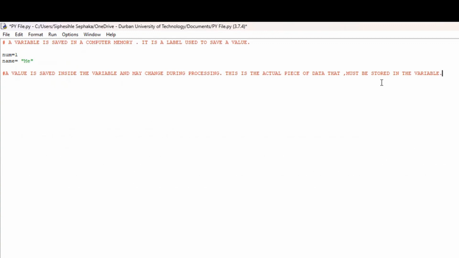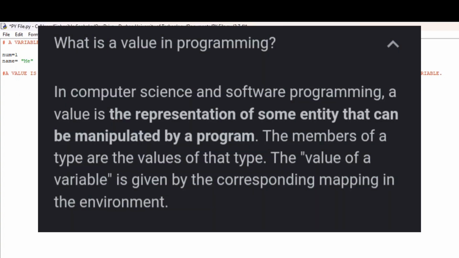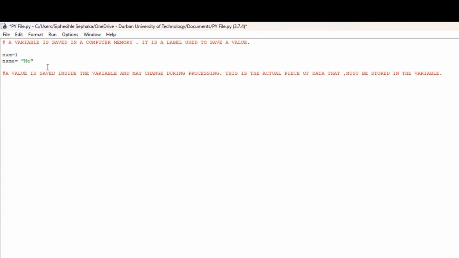So yes, the internet definition is much more confusing. It's a bit confusing. That's why I'm giving you guys this simple one. So basically, a value is what's saved inside a variable. And what do I mean when I say it may change during processing? It means, like I wrote here,